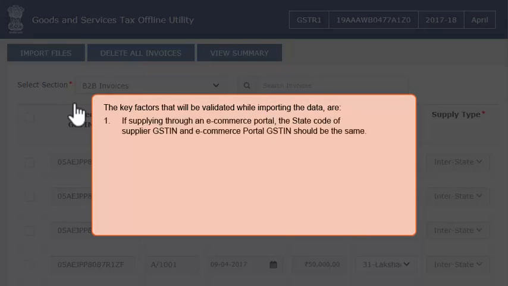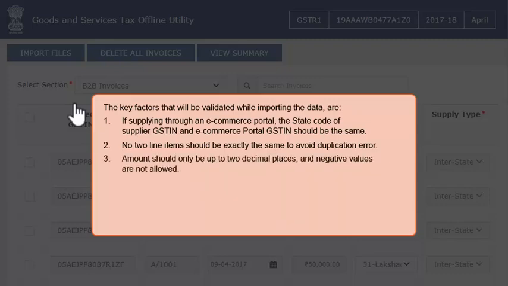If supplying through an e-commerce portal, the state code of supplier GSTIN and e-commerce portal GSTIN should be the same. 2. No two line items should be exactly the same to avoid duplication error. 3. Amount should only be up to 2 decimal places and negative values are not allowed. 4.